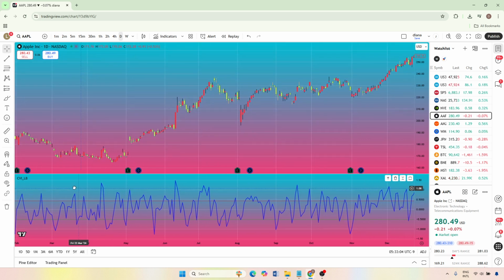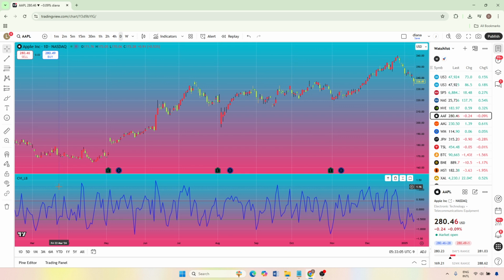Next, while you are still in the Indicators window, or by reopening it with the same Indicators button, click back into the search bar. This time, type Random Walk Index. Again, as soon as you see Random Walk Index appear in the results, click it. This indicator will typically show up in a separate panel below your main price chart, similar to how an RSI or MACD would display. Once both indicators are on your chart,